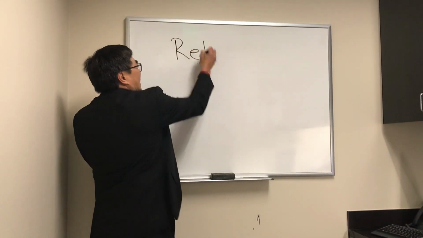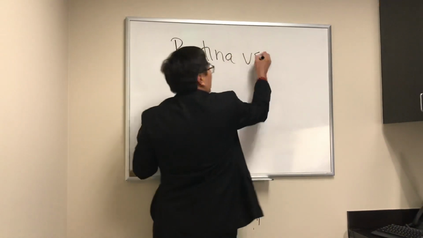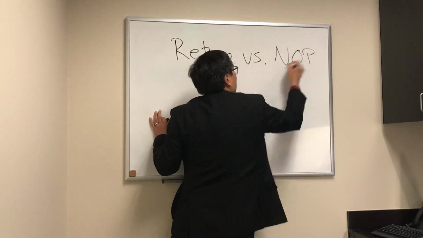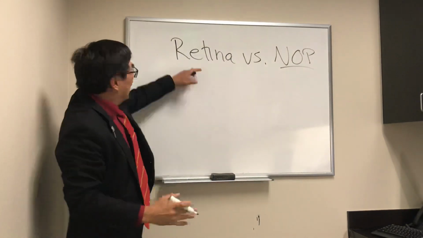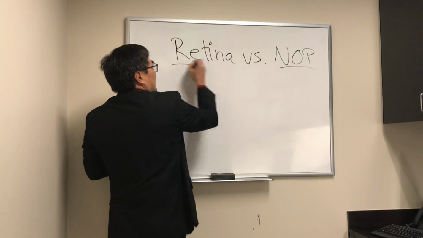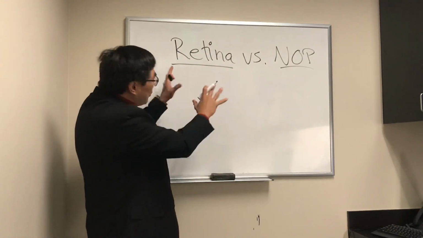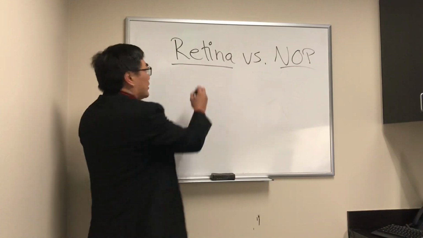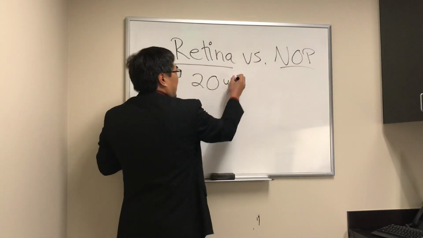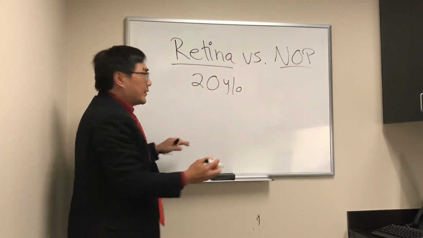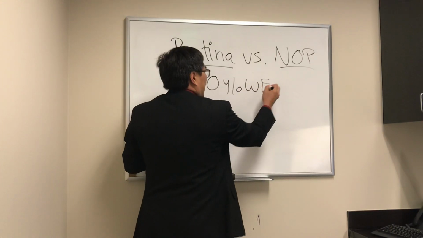So we're going to talk about retina versus neuro-op. Of course, neuro-op's better, but sometimes we get referred retina cases masquerading as neuro-op. And the reason is the two patient populations are quite similar. So a prototype patient might be a 20-year-old, previously healthy white female, and her complaint is going to be decreased